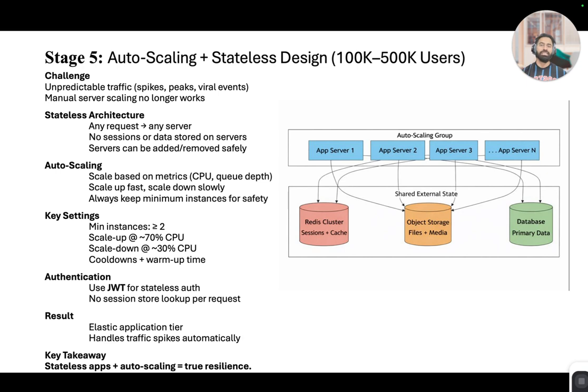Any server can authenticate the request, right? So of course JWT has cons, and of course it has pros also. The pros are fully stateless, fast authentication, and it works across services. The cons are that the token cannot be revoked easily and there is a slightly larger request size, because this token needs to be sent with